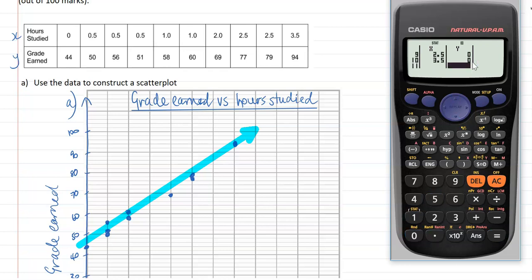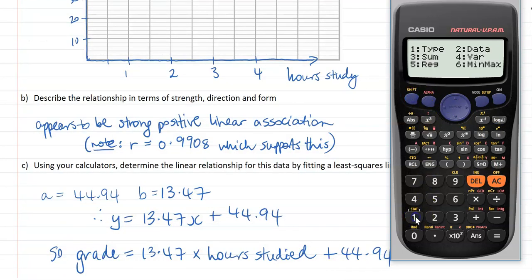Then go back up to the Y column and enter in the associated Y values. Quickly go through and check that all your data entry is correct. Press your AC button. So then to access the statistical functions on the calculator, I press Shift 1. Option 5 for linear regression. We'll need A and B and R. So A is our y-intercept. So select 1 equals